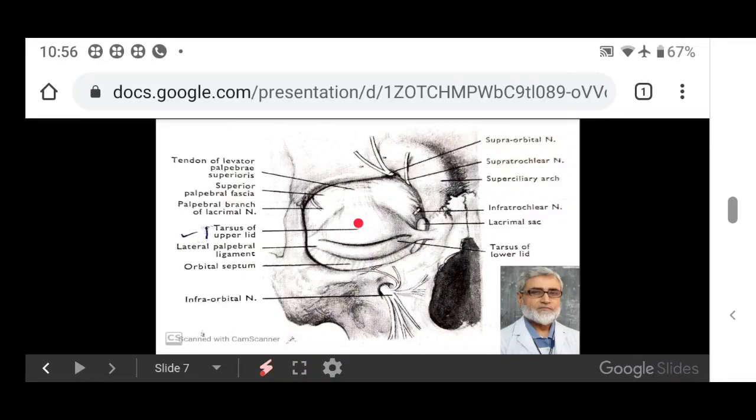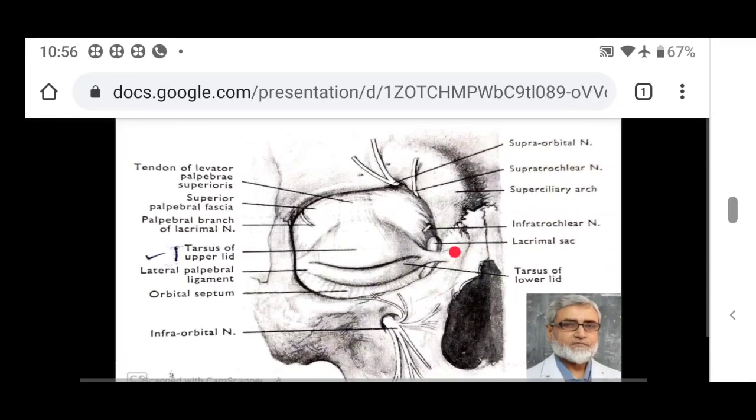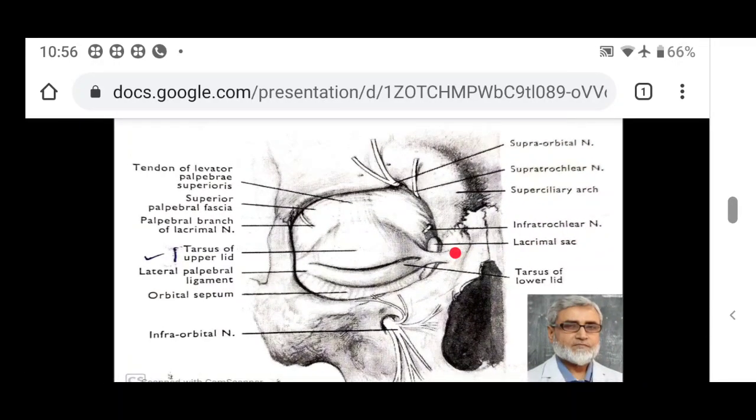For the superior tarsus, its deeper surface is adherent to the palpebral conjunctiva. Its upper surface is related to the levator palpebrae superioris muscle, which I have shown you earlier, and the tarsus lower edge is adherent to the skin of the margins of the eyelid. I have shown you this before.